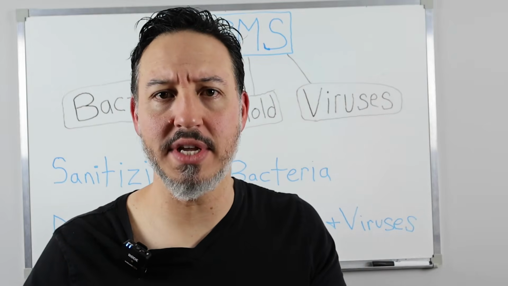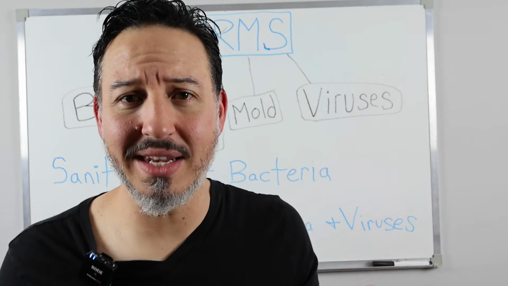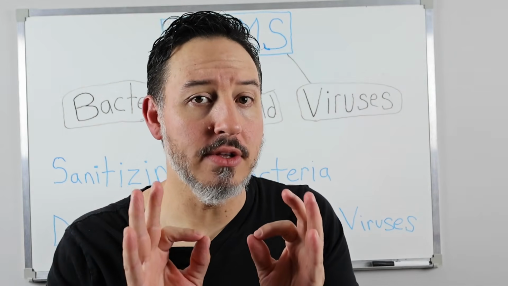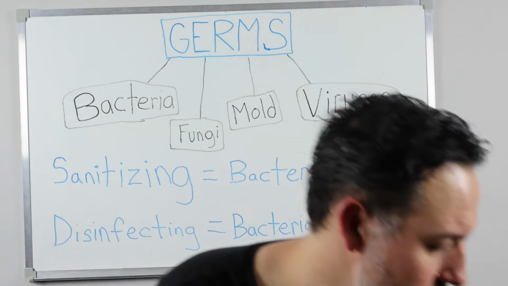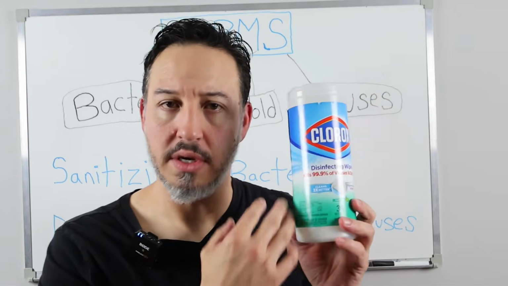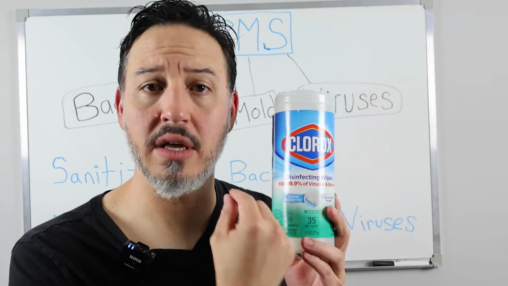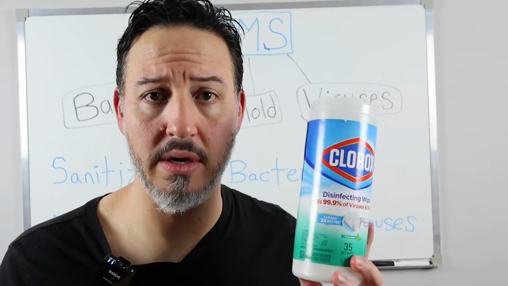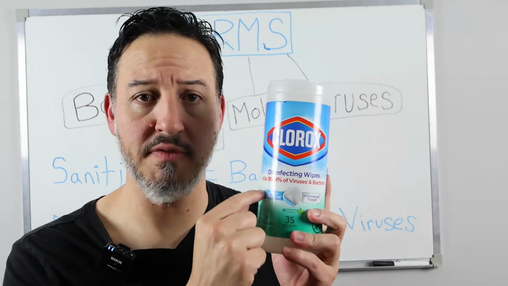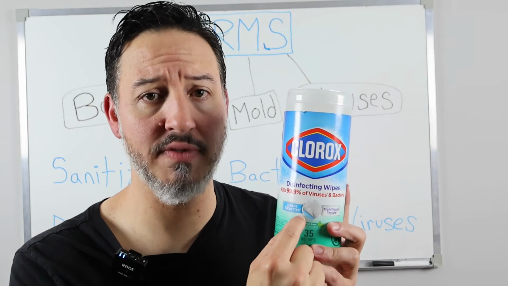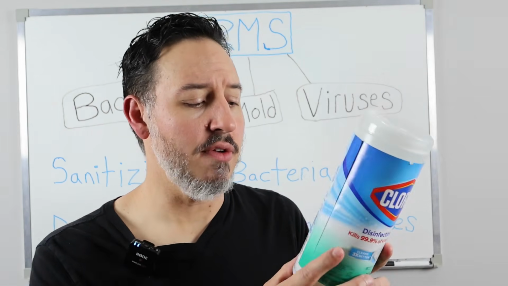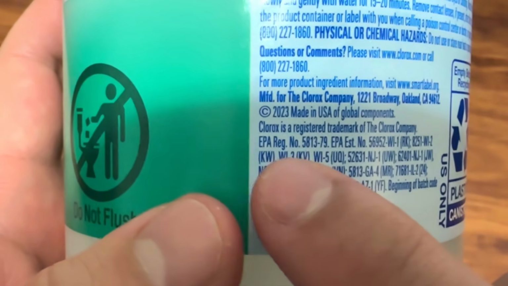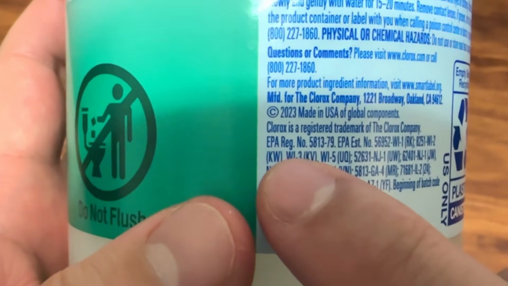I've debated on adding this next part to the video, but I think I need to because it's really important you understand this. It is against the law for a product other than a disinfectant product to make virus-killing claims. The reason is that these products are regulated by the EPA in America. That's why any product that has virus-killing claims is marketed as a disinfectant. If you look on the back, there will be an EPA reg number because it's regulated and tested by the EPA, and that's what allows them to make those kill claims.